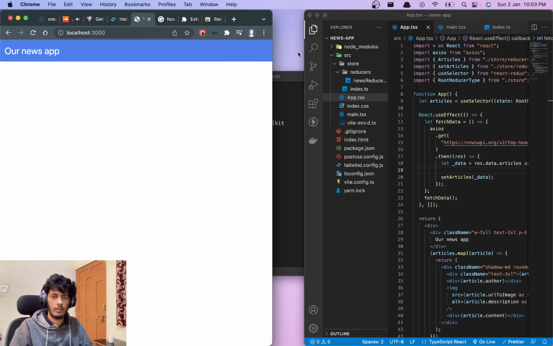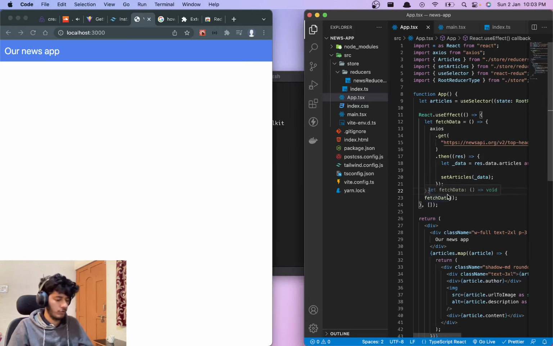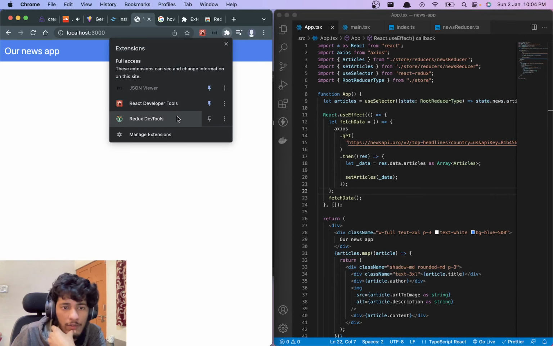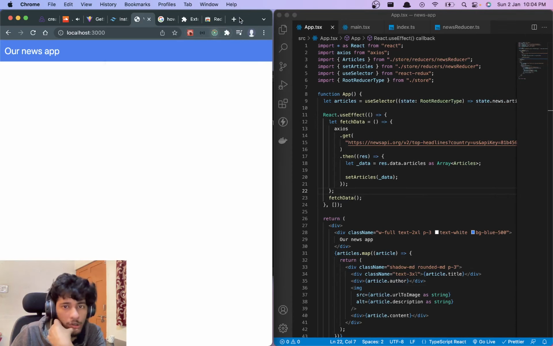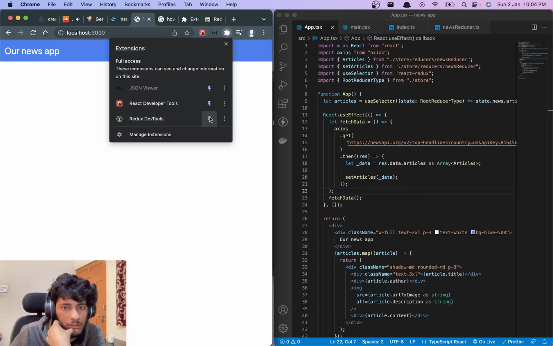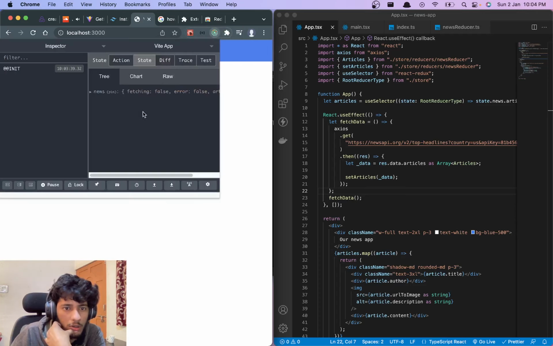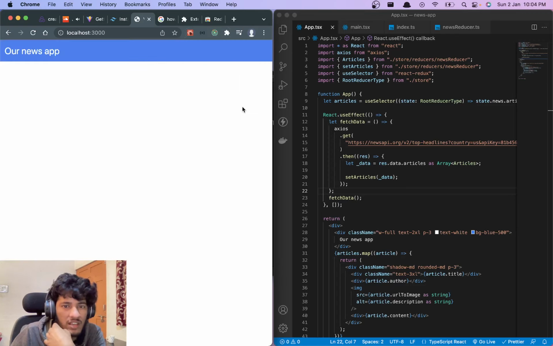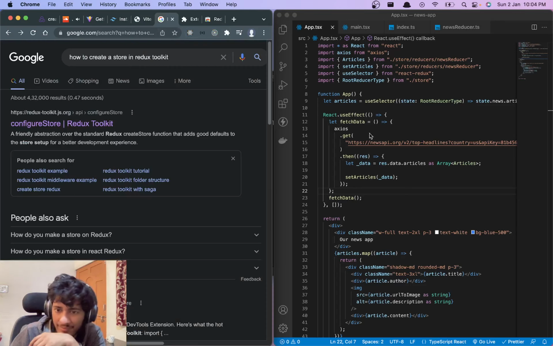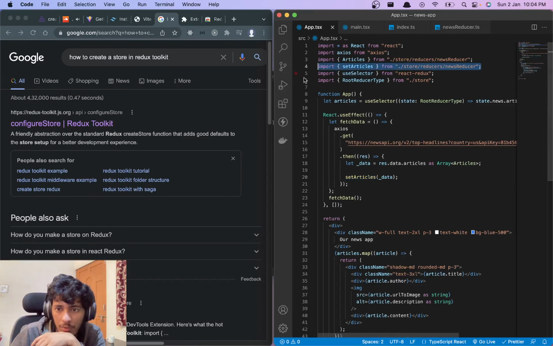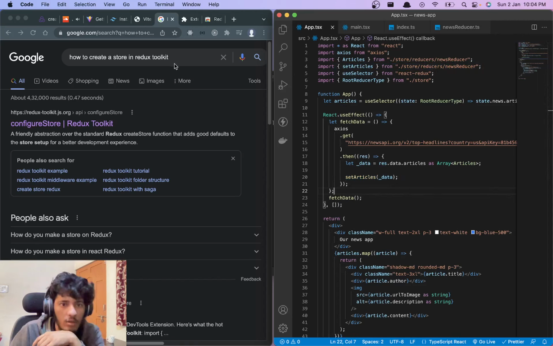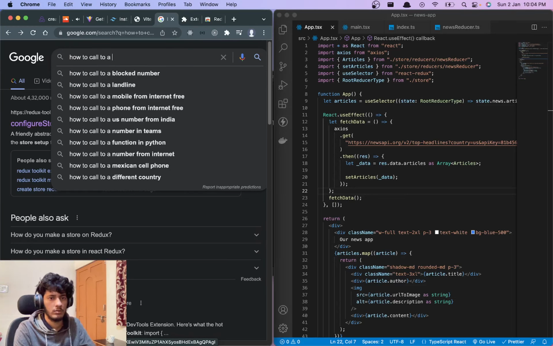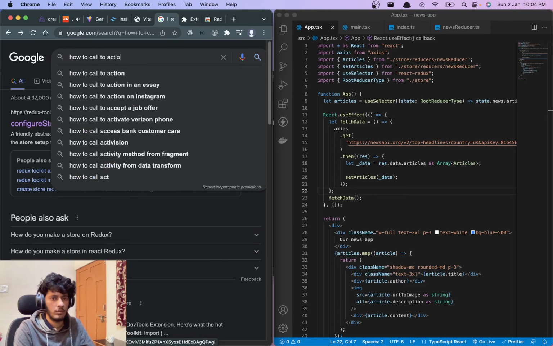It's not even getting released. I mean, if you check the actions, right? The action doesn't even have what we need. See, it has an initialize action, but it doesn't have any other action. So we have set articles which we are passing from here, right? Let's search this: how to call an action.